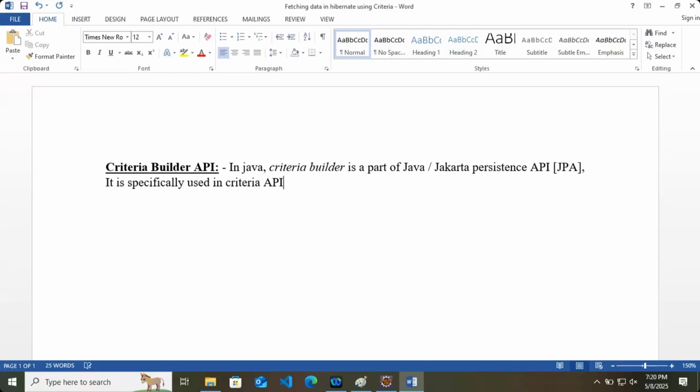We use it in criteria API to create type safe dynamic queries to fetch the data from database. What do you mean by this type safe? We'll discuss it.